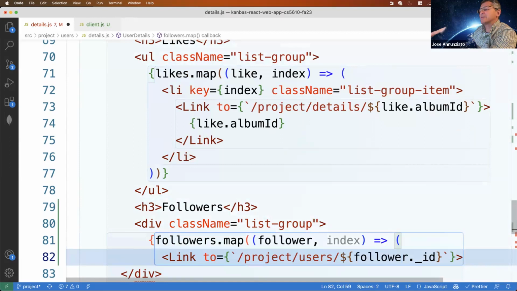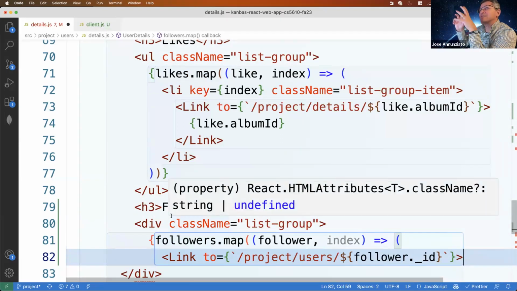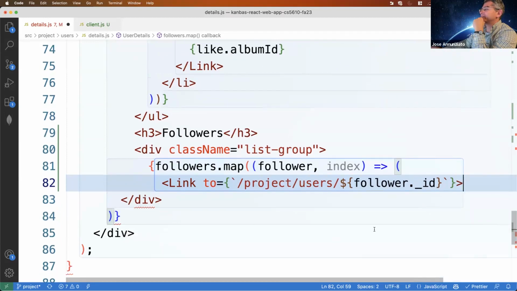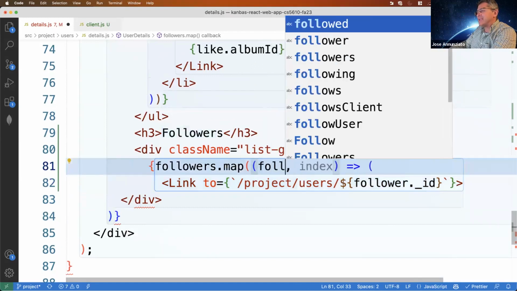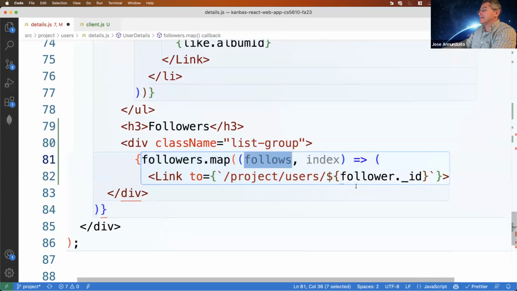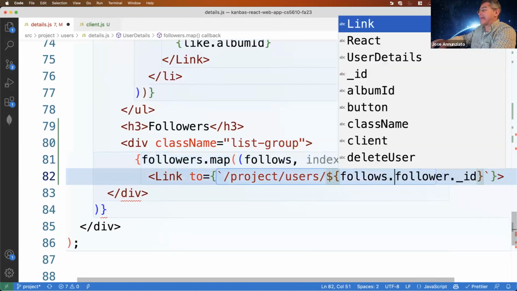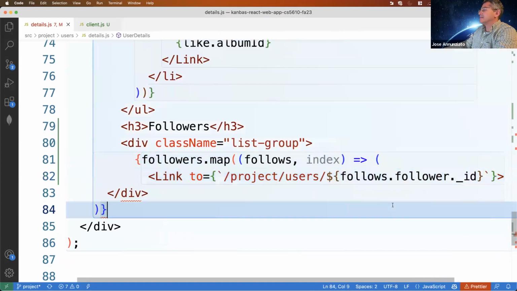So these followers are the follows records, and in there there are follower and followed, right? So this is follower, and so this is really a follows record, which has a field called follower that has an ID, right?